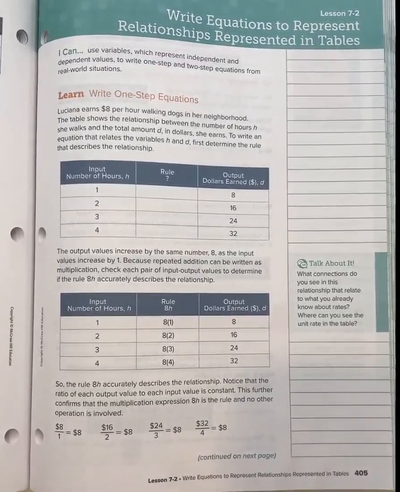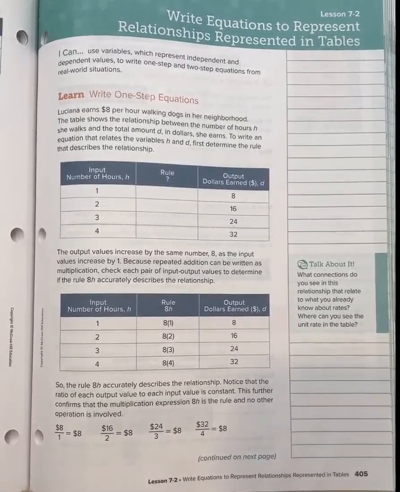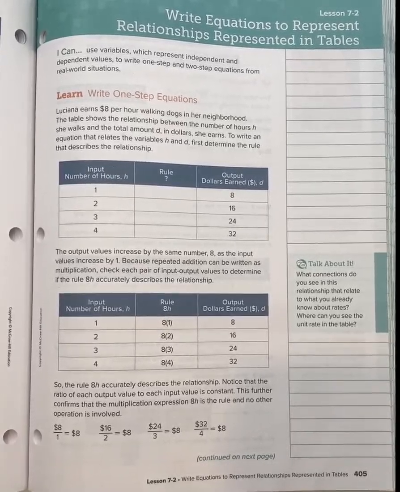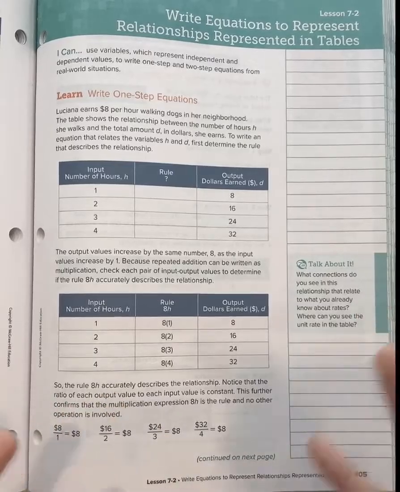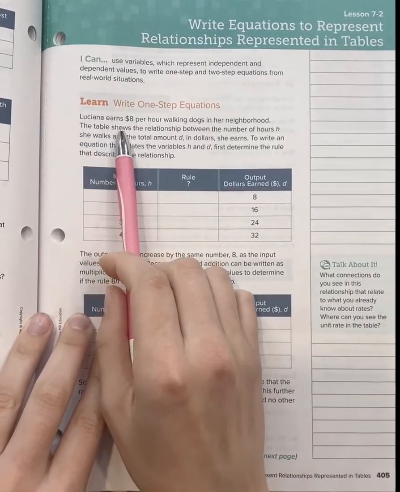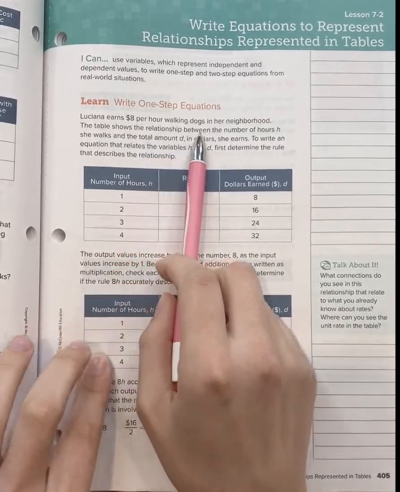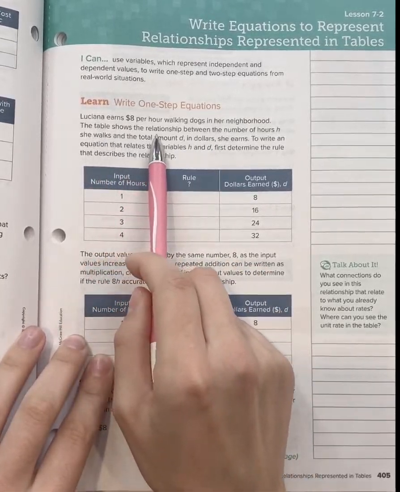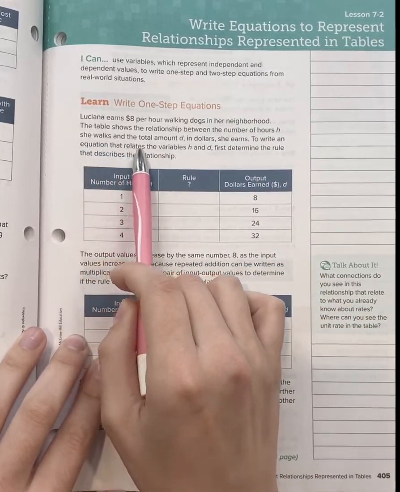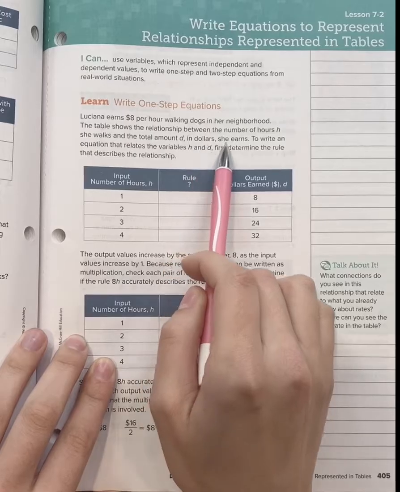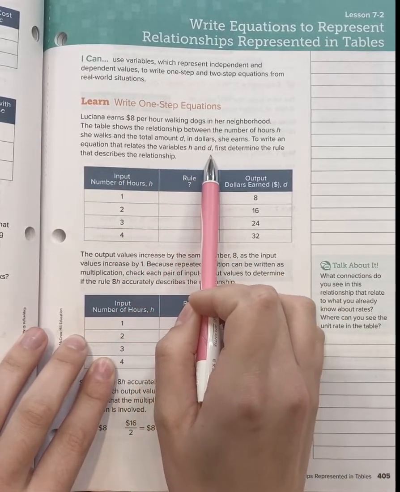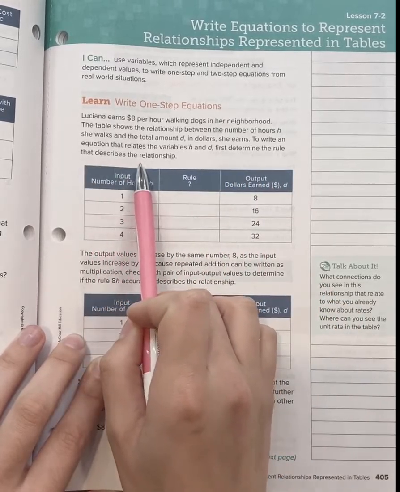Okay, lesson 7.2. So we're going to write equations to represent relationships represented in tables, or write equations for function tables. So this says Luciana earns $8 per hour walking dogs in her neighborhood. The table shows the relationship between the number of hours, H, that she walks and the total amount, D, in dollars she earns. To write an equation that relates the variables H and D, first determine the rule that describes